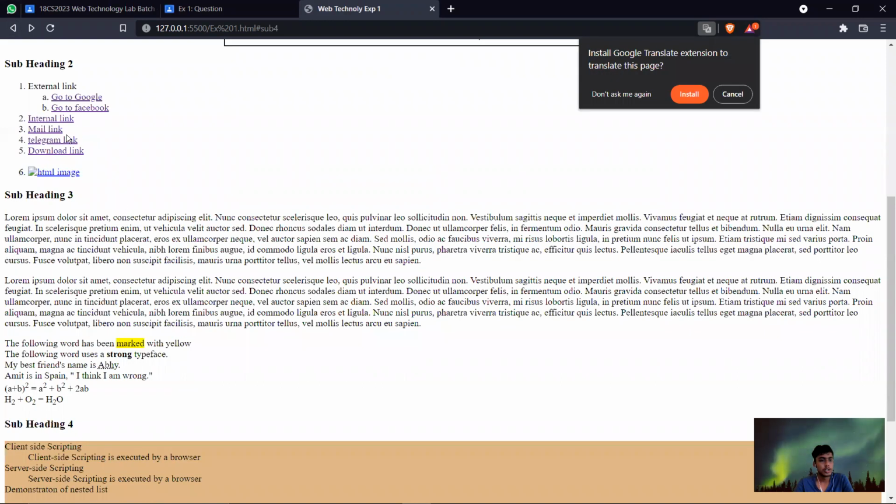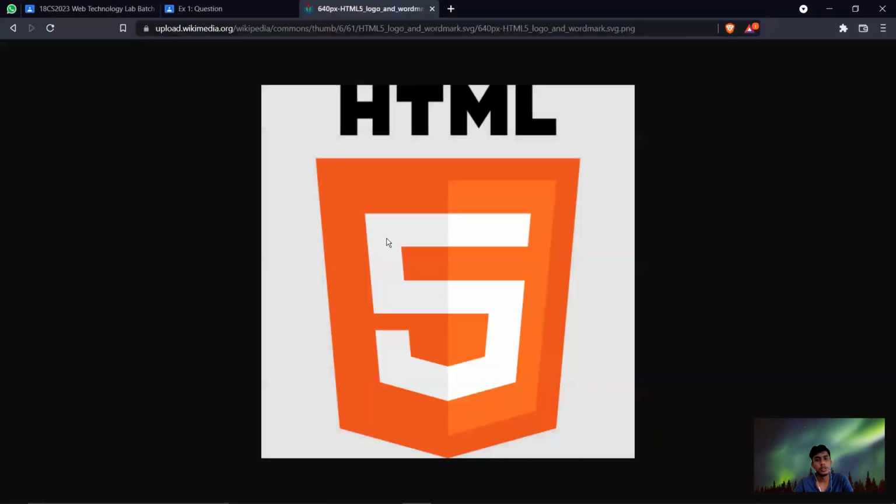Afterwards, it needs to go to the HTML, so it shows the HTML page.